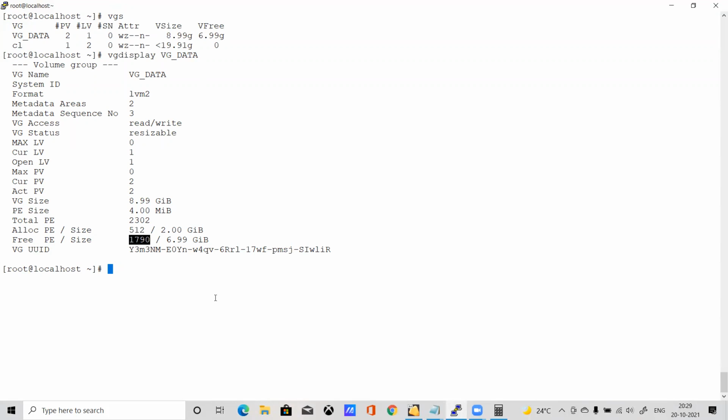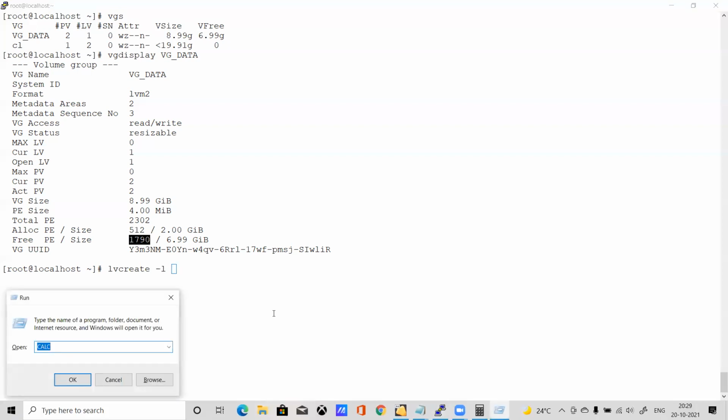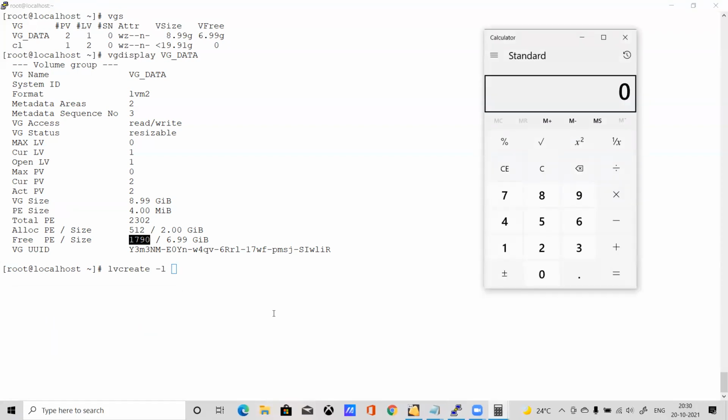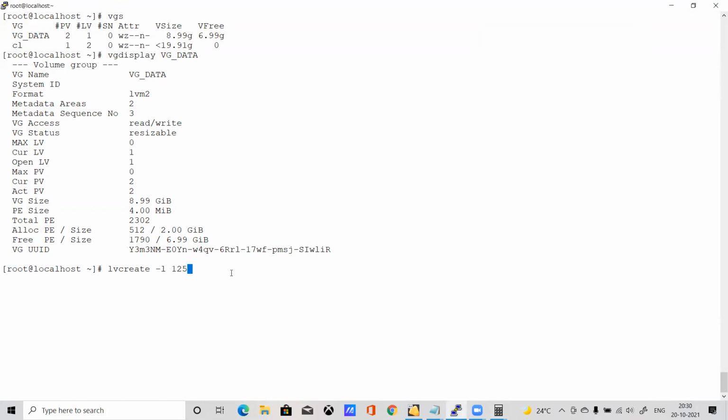Okay, so now let's create one more LVM. lvcreate, small -l is used for logical extents. So let's say I want 500 MB. Okay, but I need to give the size in extents. So now let's calculate. Open a calculator and take 500 MB. I need to divide it by 4, that is the PE size. The PE size, you can see, is 4 MB. So let me divide. It means I need 125 PE here. 125. Let me give 126, taking 1 PE extra. Or you can take 125, no problem.